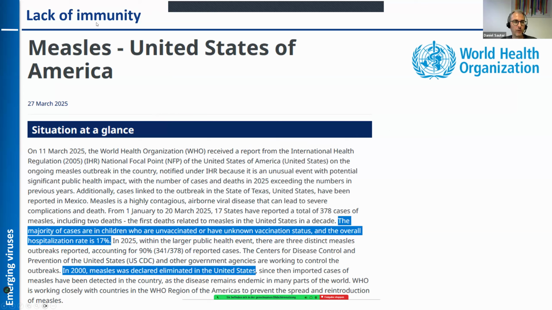Coming to the example of lack of immunity, you also mentioned measles as a prime example. Unfortunately, measles is spreading again in different countries, including countries in Europe, but also the US. This is again a WHO report from spring this year, where it says that in the year 2000, measles virus was already declared eliminated in the US. But unfortunately, this year, 25 years later, the situation has worsened again because of vaccination gaps.